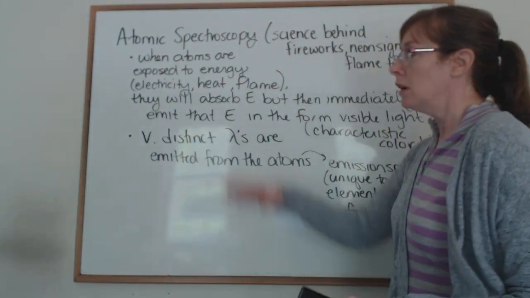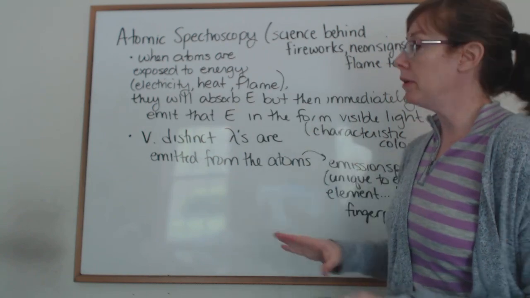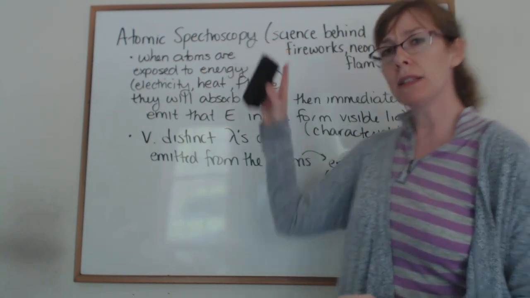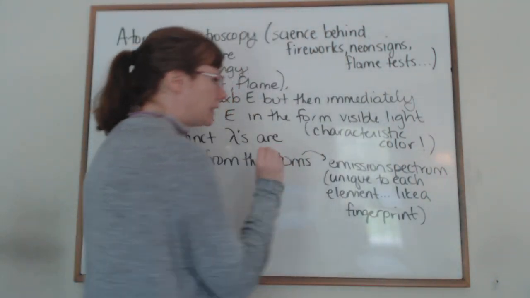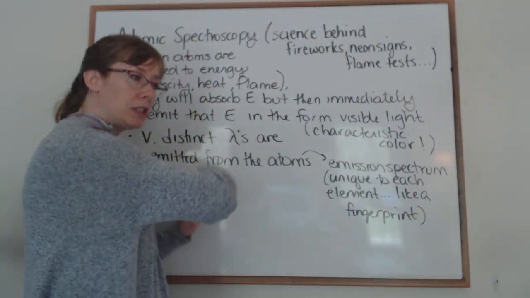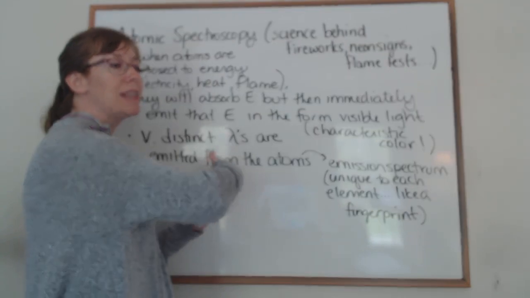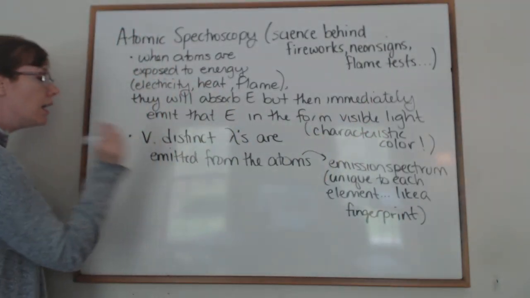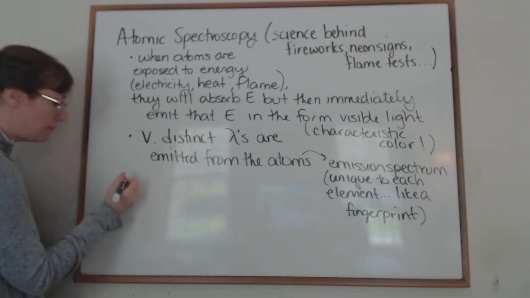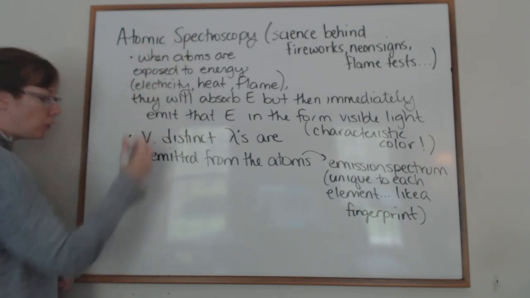All right, so much prettier pictures in the book than what I have here on the board. But that's the observation of atomic spectroscopy, that you get these very distinct wavelengths that come out. You don't get a bunch of continuous wavelengths. You get very distinct colors. Now, how is this important? Atomic spectroscopy,